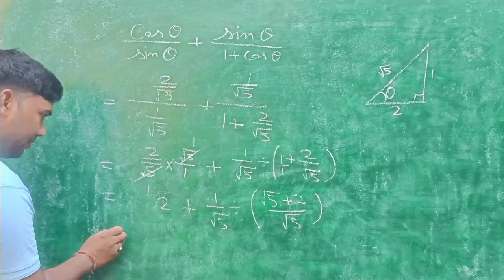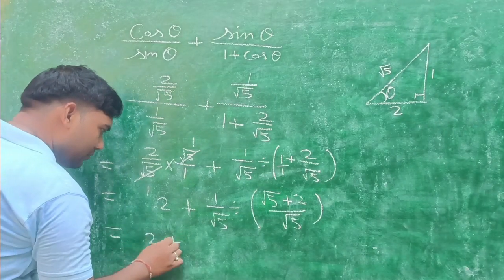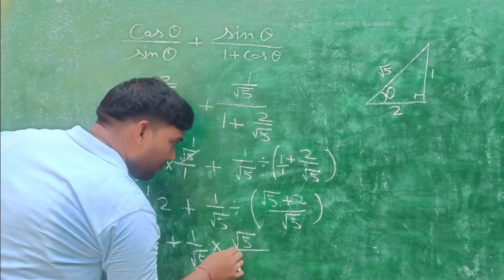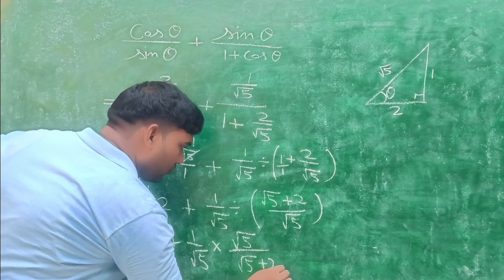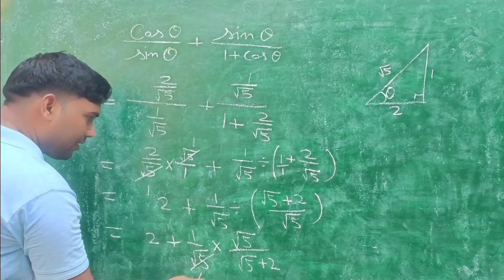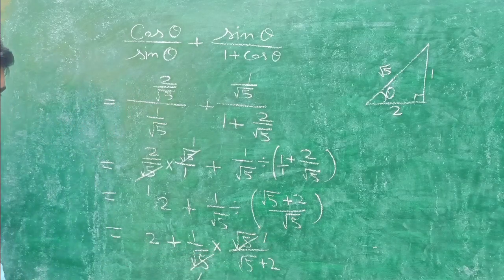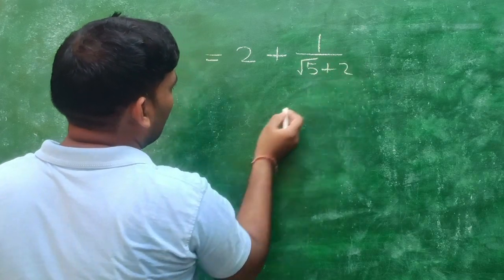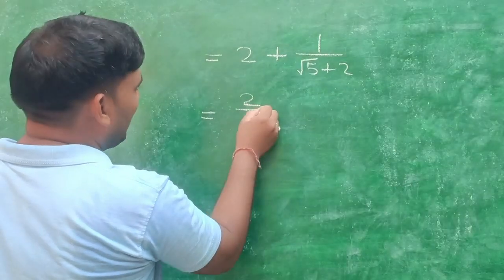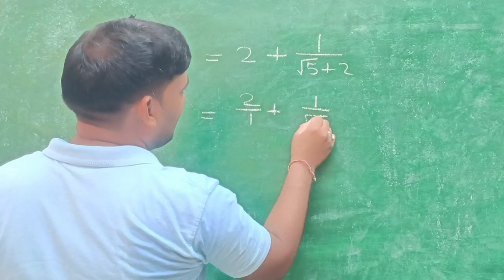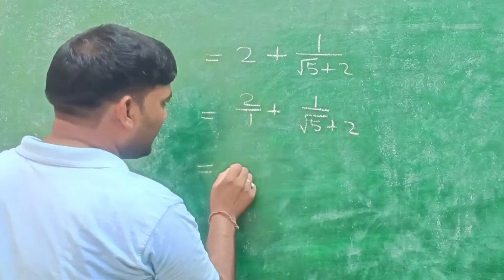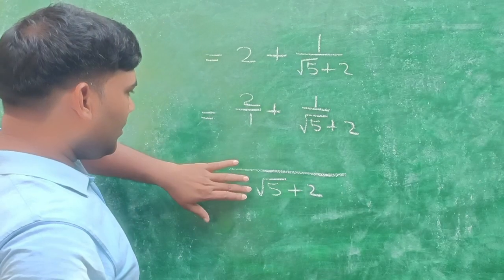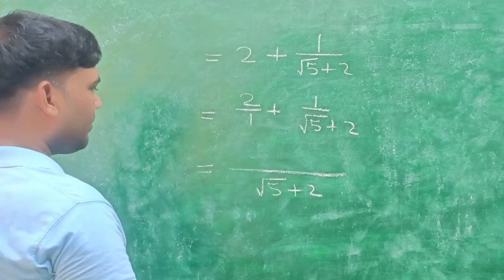Okay, now the next step will be 2 plus 1 by root 5 into root 5 by root 5 plus 2. Okay, now look here, this root 5 will cut by this root 5. The next step will be 2 plus 1 by root 5 plus 2, and we can write here this 2 by 1 plus 1 by root 5 plus 2. Now we will take the LCM. So LCM is root 5 plus 2. Now the next step will be root 5 plus 2 multiply with 2. So here will be 2 root 5